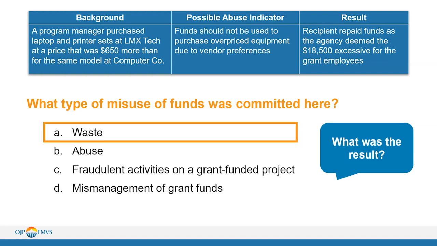So if you end up wasting funds and it is found out about, then you may have to repay those funds, which only hurts what you're trying to do with the grant funds initially. So just make sure that you find the least expensive option. I didn't say cheapest, because there's a difference, sometimes you get what you pay for, but if you focus on the least expensive option for the same product, then I think you'll be fine.